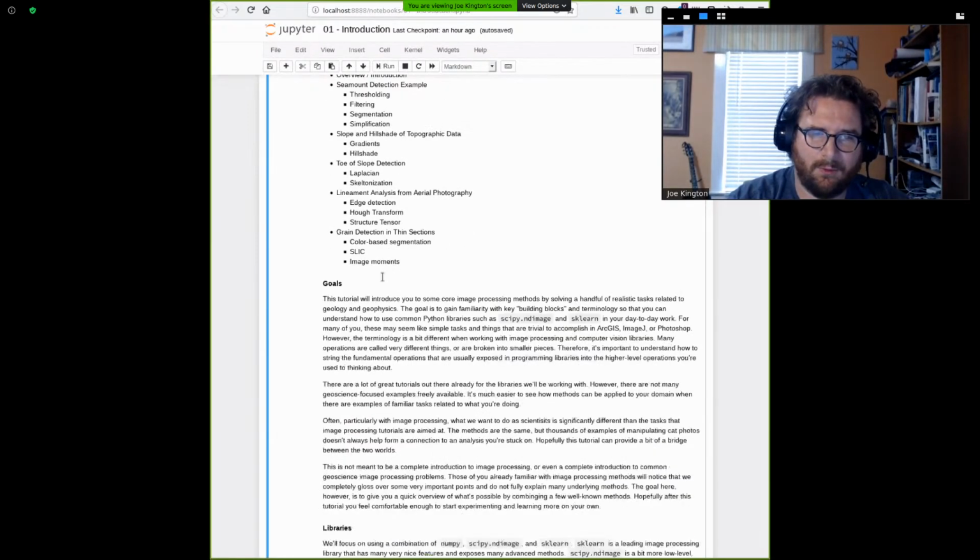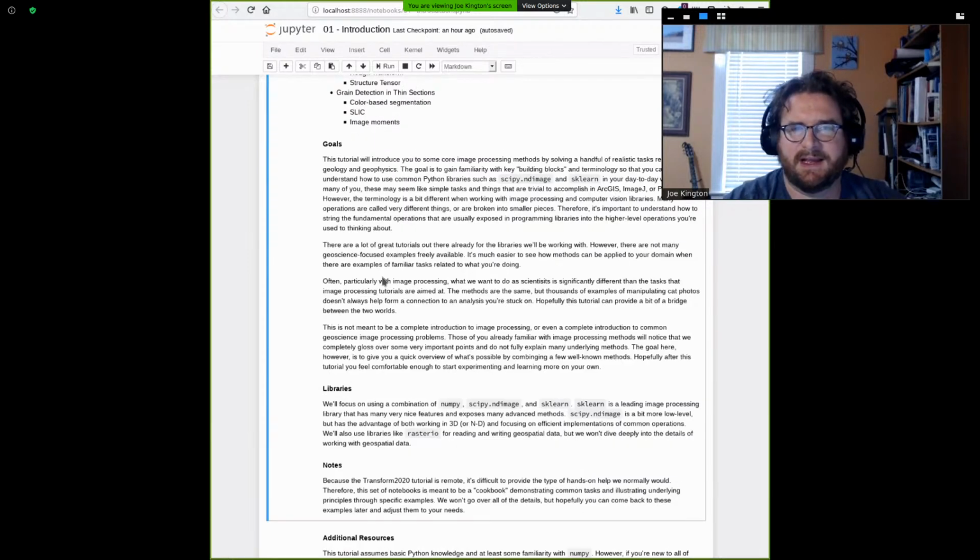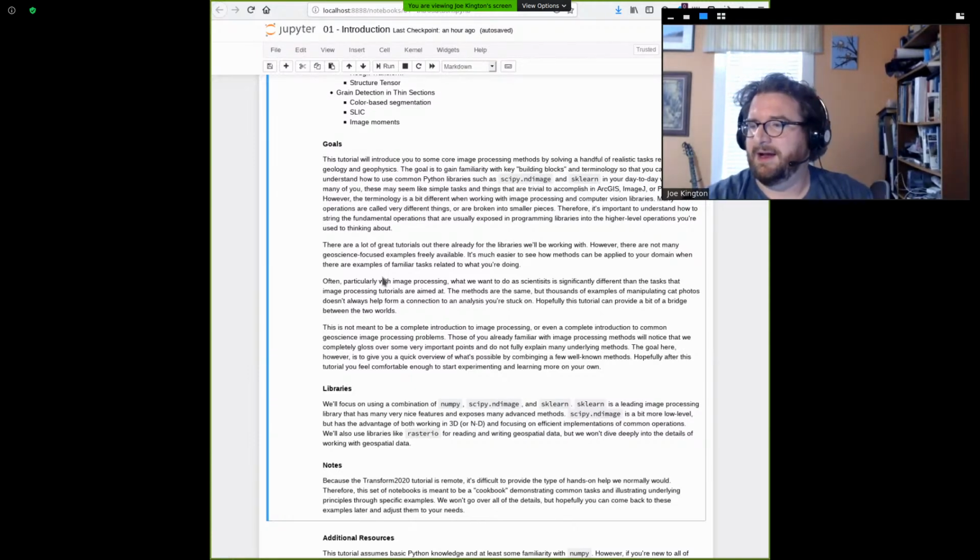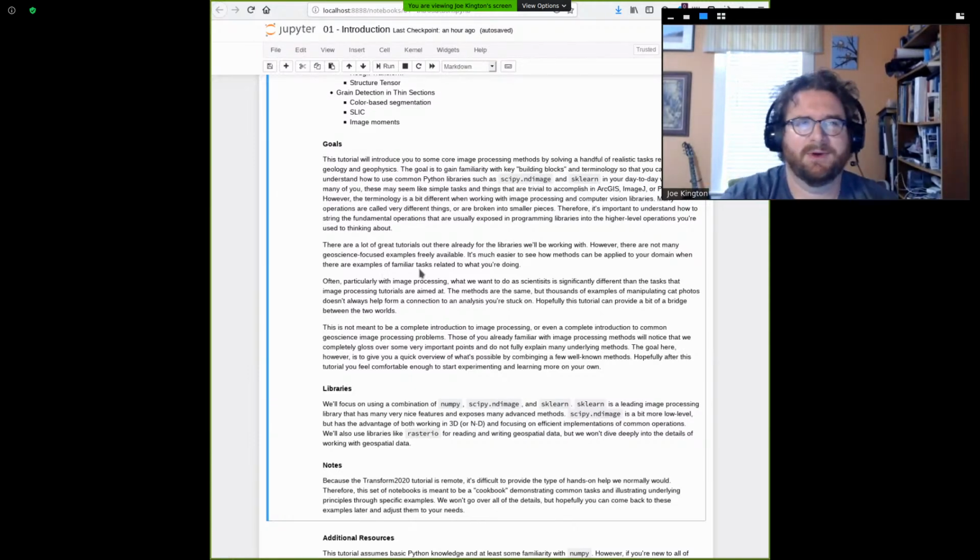One thing to point out is that I'm not trying to replace desktop tools you may be familiar with. ArcGIS, ImageJ, Photoshop, you may have used a lot of these things in geologic workflows. This is not meant to replace these at all. This is meant to,